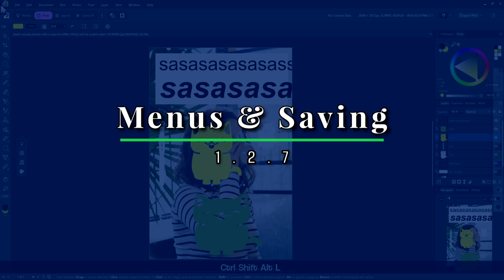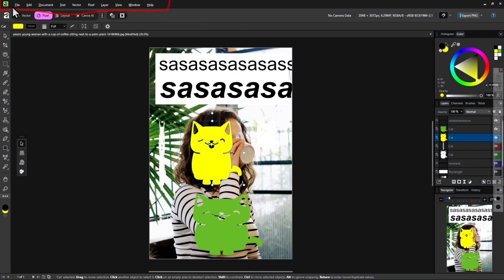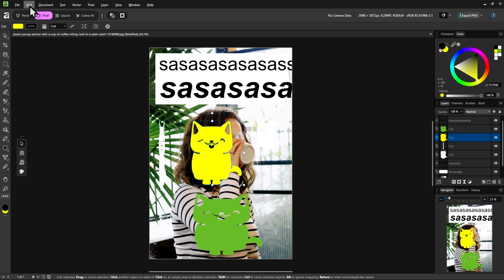So at the very top of our screen, we have what are called menus, like File, Edit, Document, etc. What these menus are is that they are groups of commands for certain purposes.